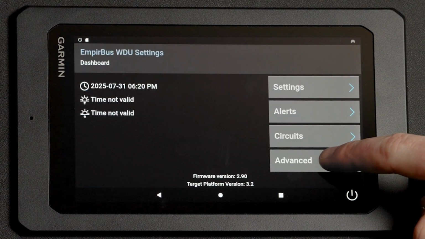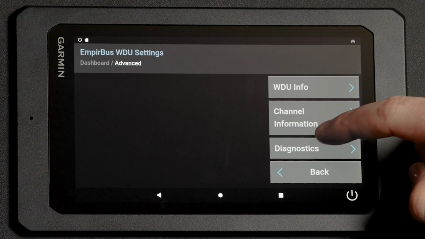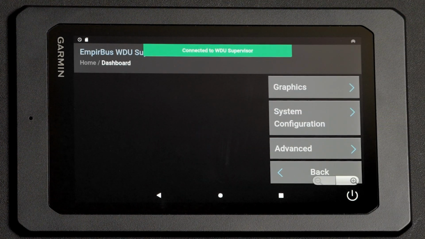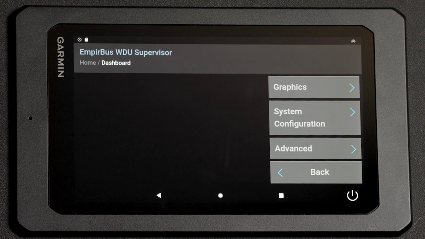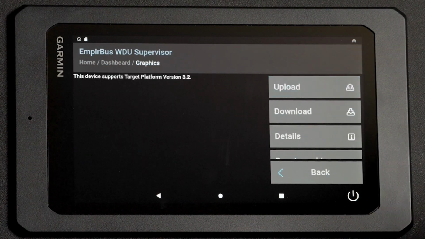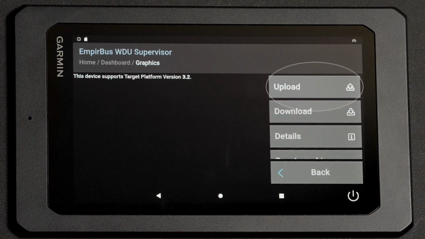Now that you're in the Empire Bus settings, we'll want to select Advanced. We'll want to scroll to the bottom and select Supervisor. From here, you're going to see graphics and system configuration. We'll need to access both of these, but in order, let's select graphics. Select Upload,